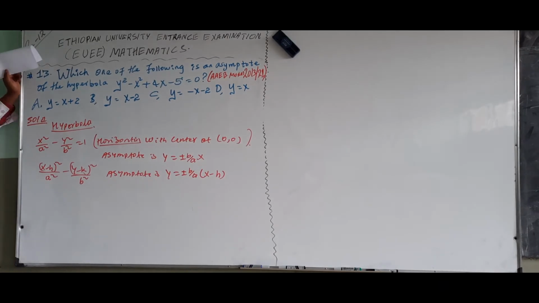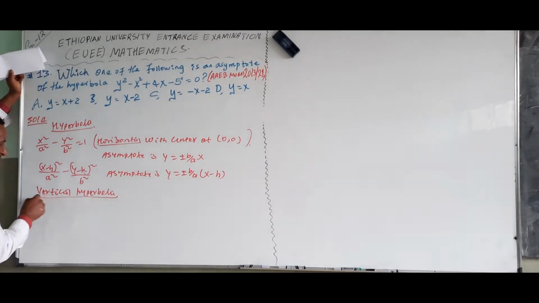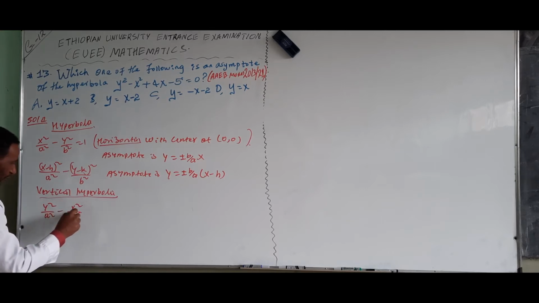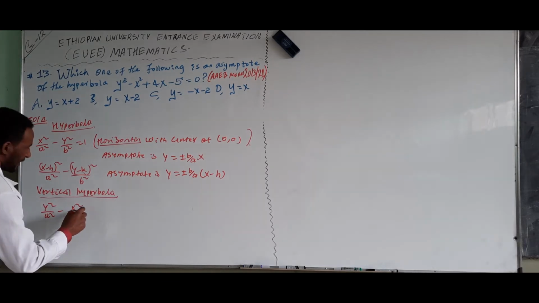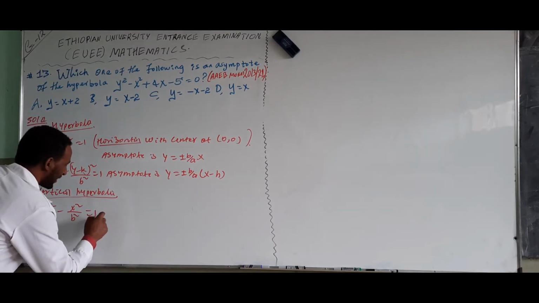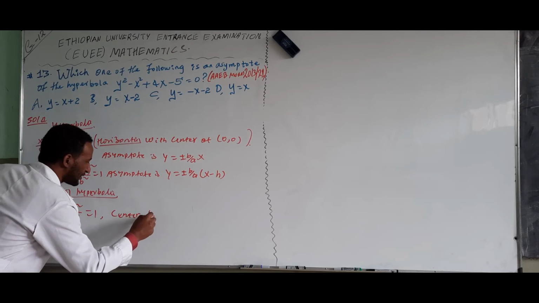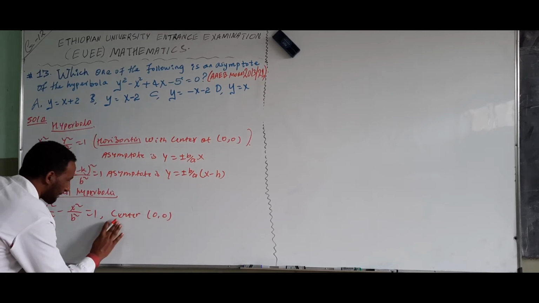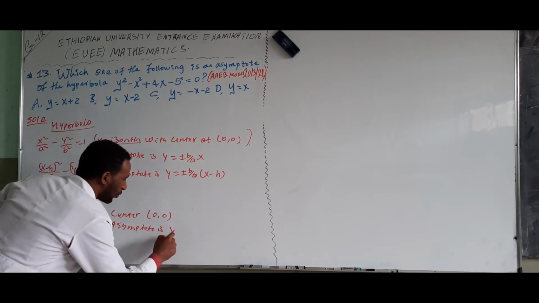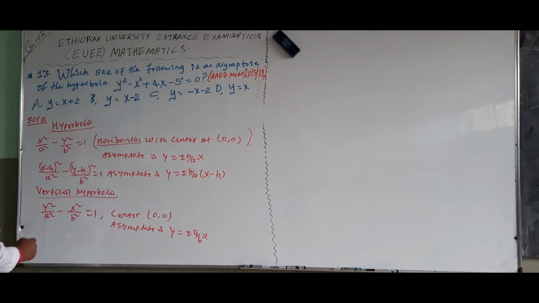And in a vertical hyperbola, the standard equation is y square over a square minus x square over b square is equal to 1, with center at 0, 0, and the asymptote is the line y is equal to plus or minus a over b x. And when the center is at h comma k,